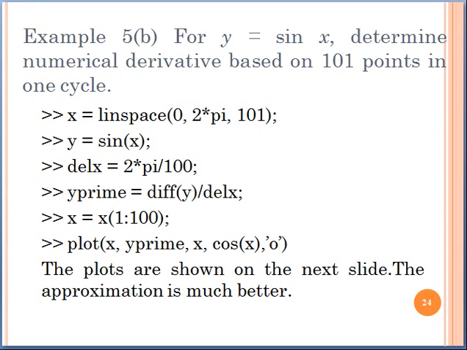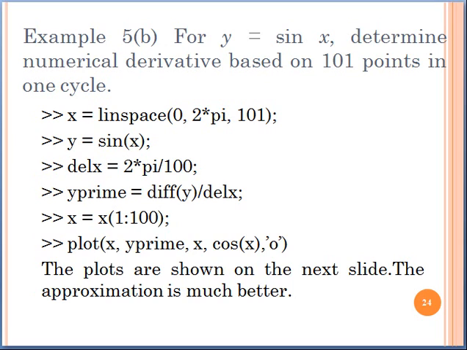Now if the same example is asked on the 101 points in one cycle, then the changes will only be at some points. The first change will be on defining x. Here we have to define the x from 0 to 101 point, as we have to define only one cycle, so we are using 2 pi only.